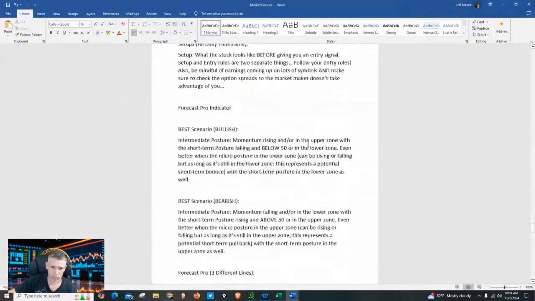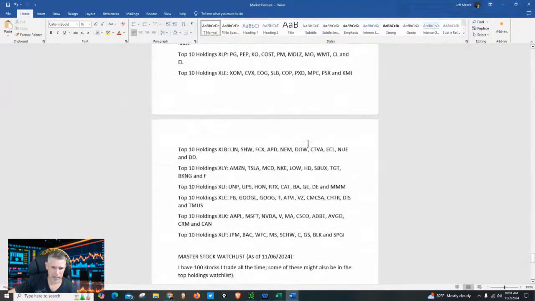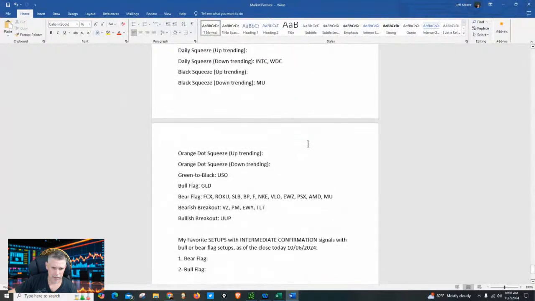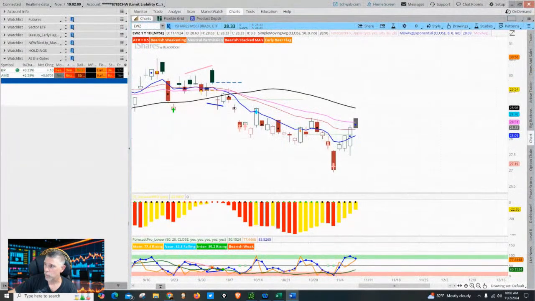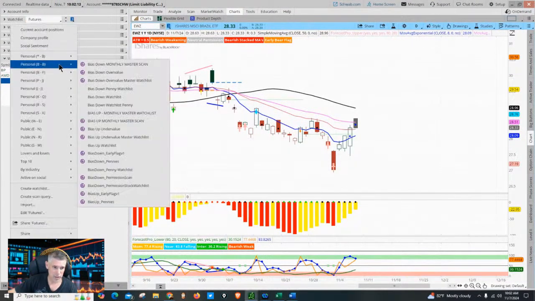So I'm going to scroll down to the bottom. I posted this yesterday. There was no intermediate confirmation signals yesterday. Right here. So I'm going to move this off. We know what's the higher probability. So as I go through the watch list, we're looking for bias based on the criteria. What's the setup? Is it a high or low probability? And if it's clean. That's what we do.